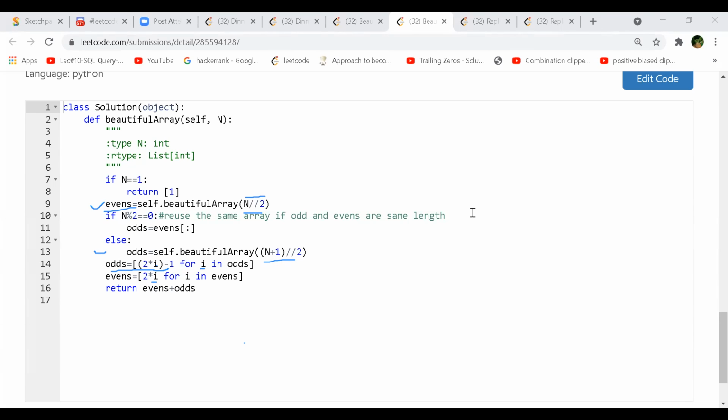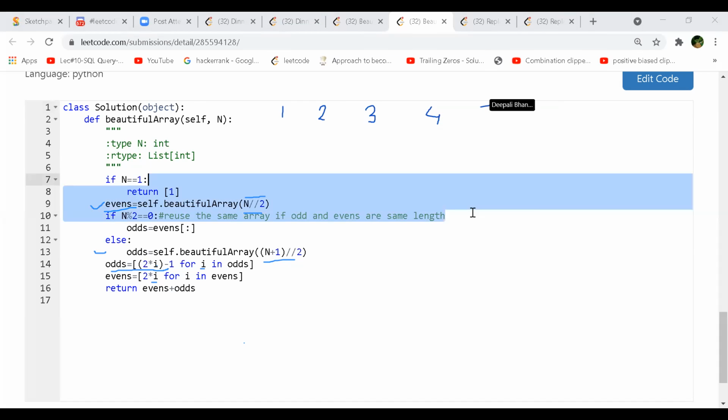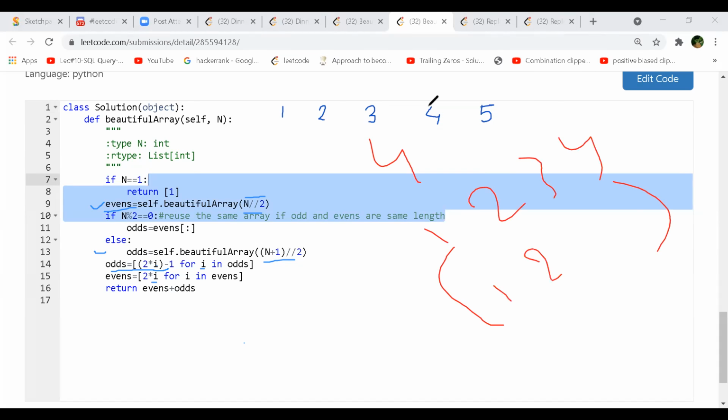Just a second, I have one question. I is not an index in this case. On that line, I is not the index. I is the numbers in that odd list. Okay. In my implementation, I'm using an index and placing that index. It's almost the same as an index. If your array is one-based, because they have given length as 4, then if your index is 1, 2, 3, 4, your numbers will also be the same. You can treat it like an index also, I think. Okay.